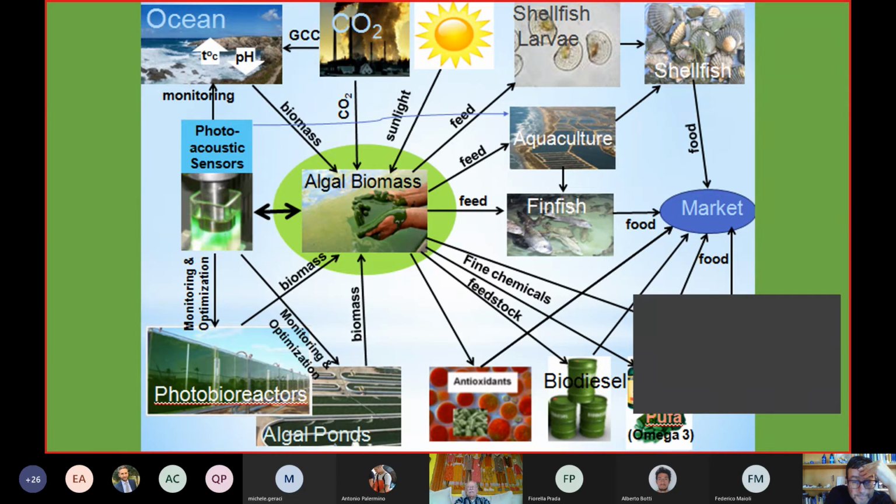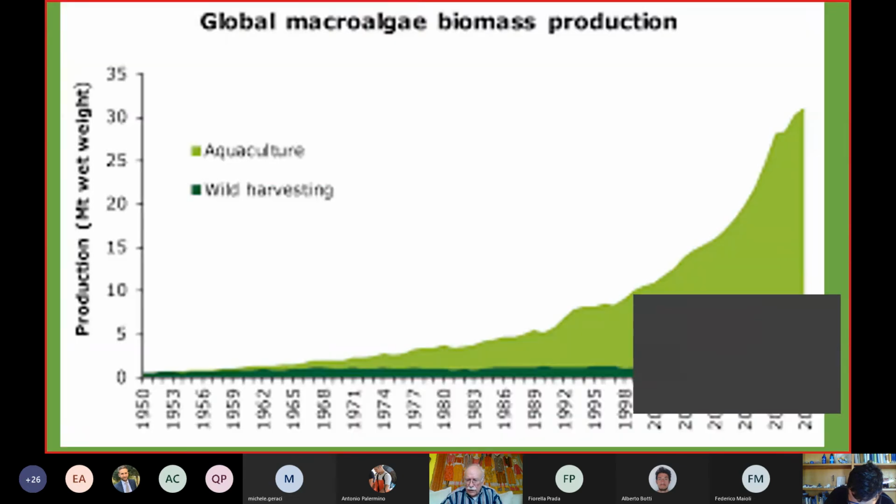It's usually called, in the local vernacular, an algal kitchen, where they grow these algae to feed the larvae of finfish or of shellfish. And then you go to market. Some of these markets obviously exist. Some of them, especially in Europe, the markets have to be developed and created.